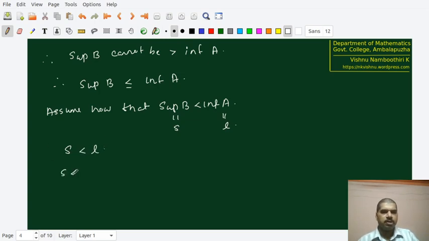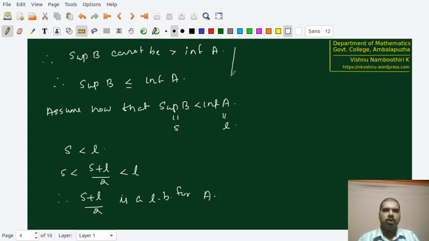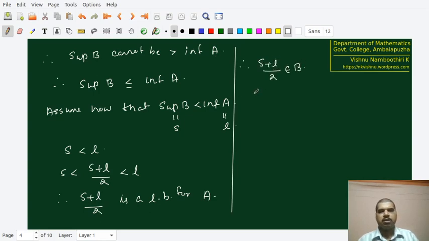Therefore, take the midpoint: S less than (S plus L)/2 less than L. Therefore, (S plus L)/2, since it's less than L, is a lower bound for A. But then, since B is the set of all lower bounds for A, we have that (S plus L)/2 is in B, but S is equal to the supremum of B, and therefore S must be greater than